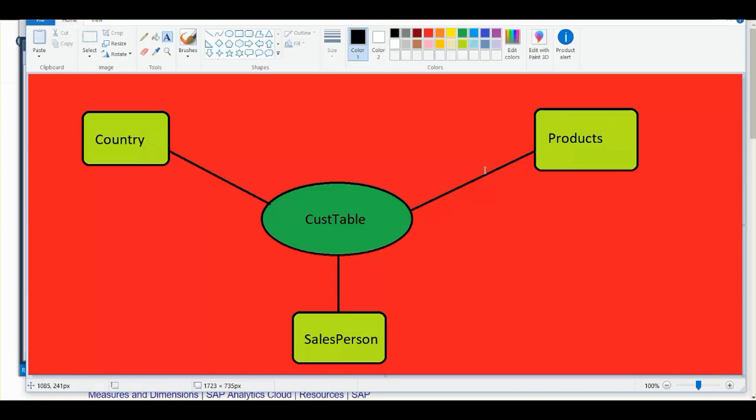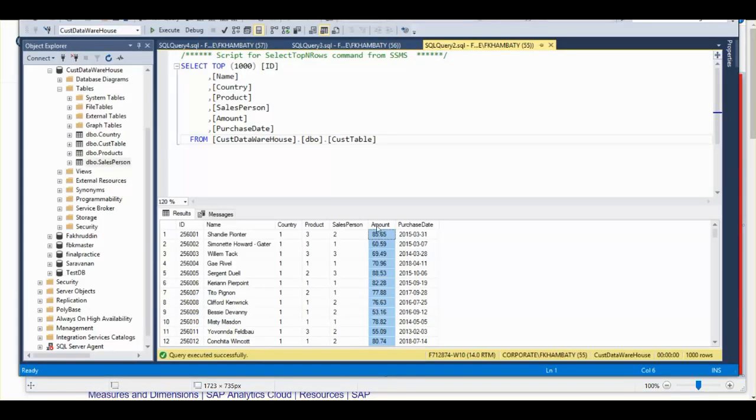And everything which I'm going to use on its way to do the calculations for is going to become my dimension. So country over here, country becomes my dimension table, products becomes my dimension table, the salesperson becomes my dimension table, and the cust table becomes my measure table. And under cust table, the amount becomes my measure field.